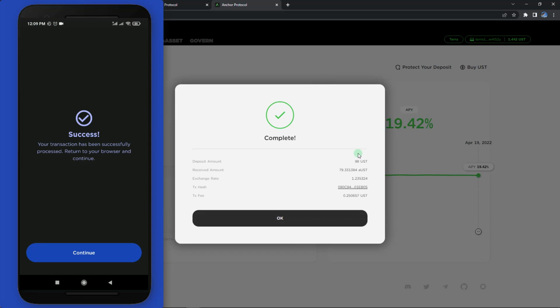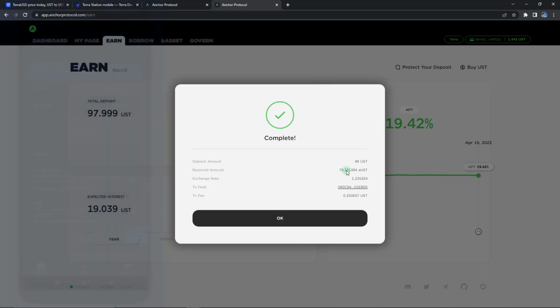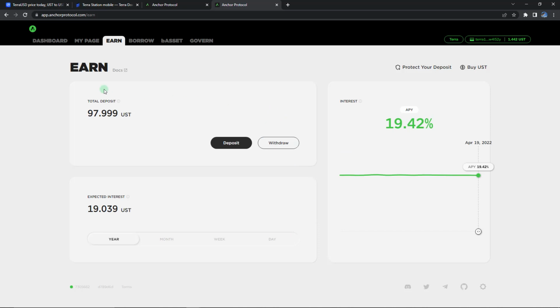And after a few seconds, you can see that your transaction has been successfully processed. Return to your browser and continue. Alright guys, now if you click OK over here and head over to your Earn tab, you can see that now you have